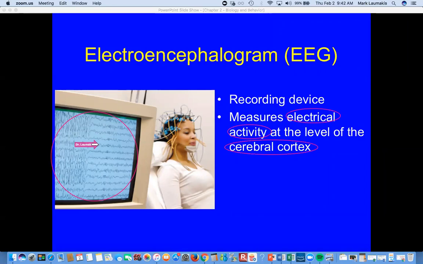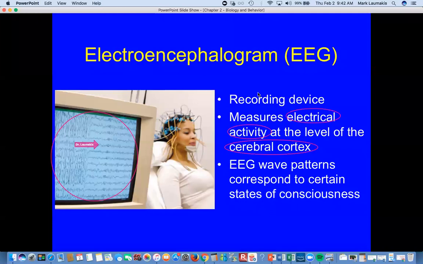And also what we're not getting with an EEG, another limitation, would be it's not going to give us any information about underlying, also known as subcortical, brain areas, right? So if your question as a researcher or as a clinician is about underlying brain areas, the EEG is not really the ideal tool for you.